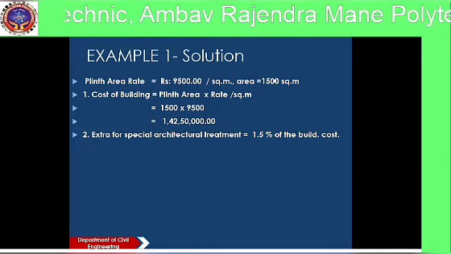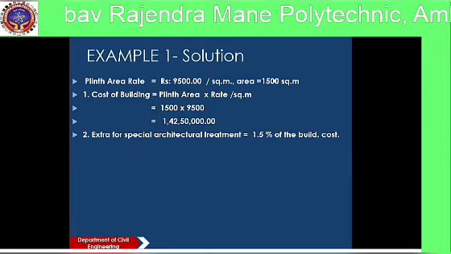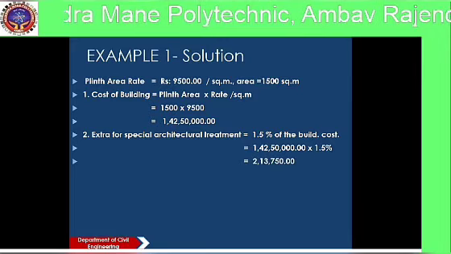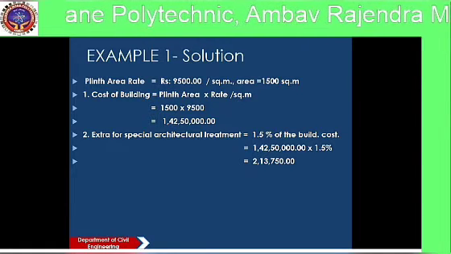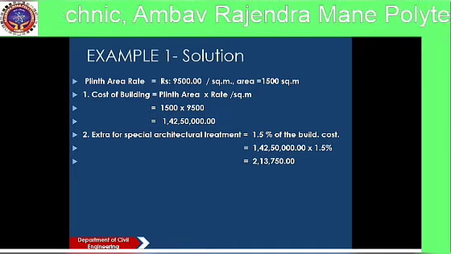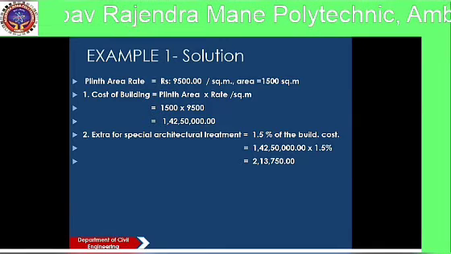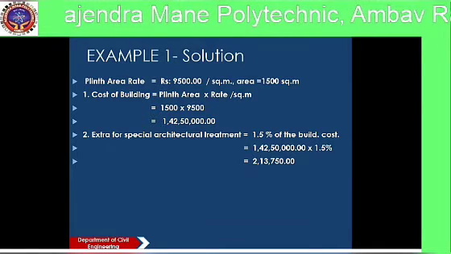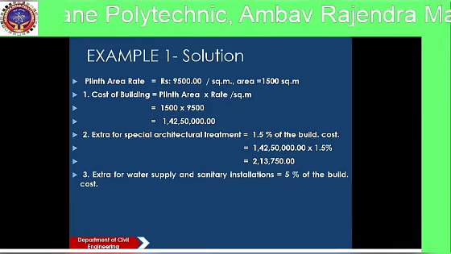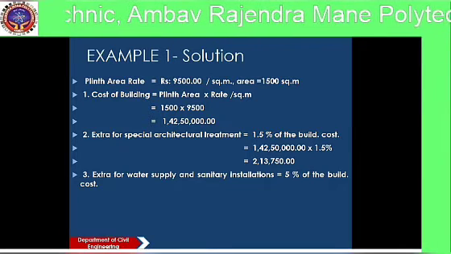So it is 1.5% of 1 crore 42 lakh 50,000, which is equal to 2 lakh 13,750 rupees. The next is extra amount required for water supply and sanitary installations is equal to